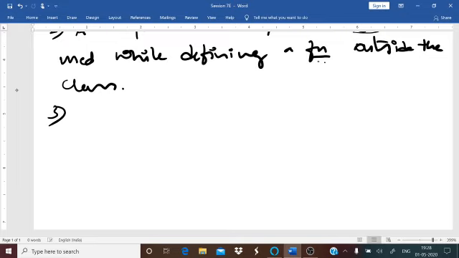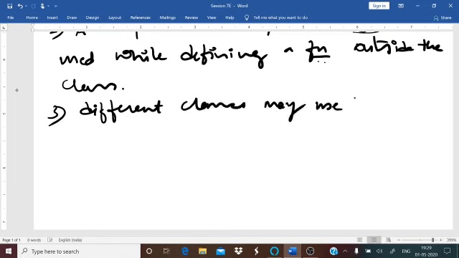Then next, different classes may use the same function name. You'll come across this later in the next chapter. We'll go into detail about this.